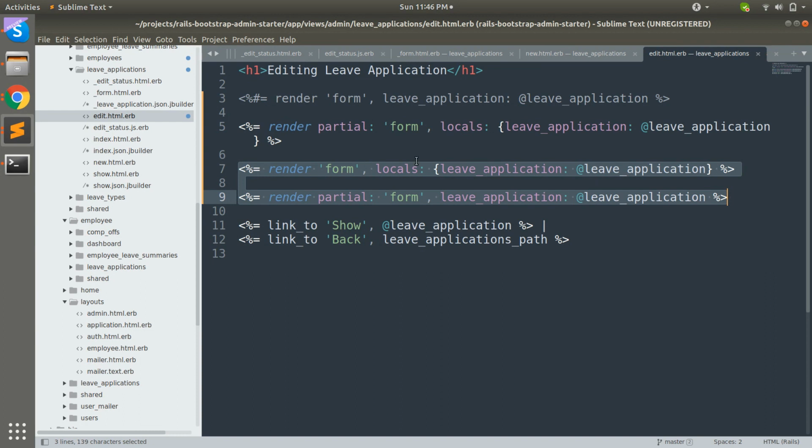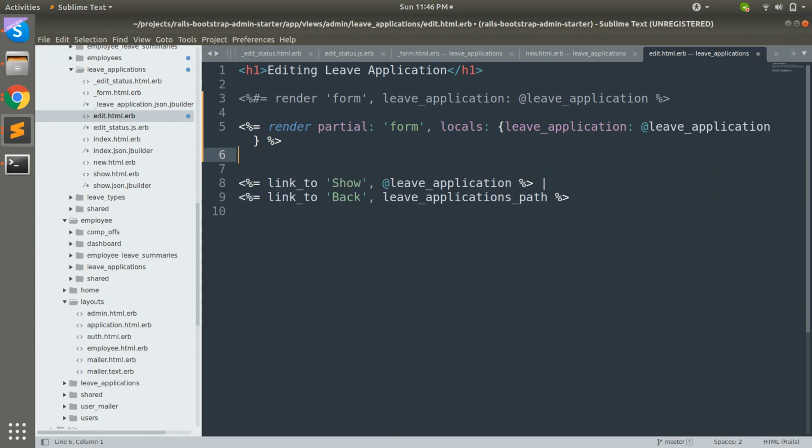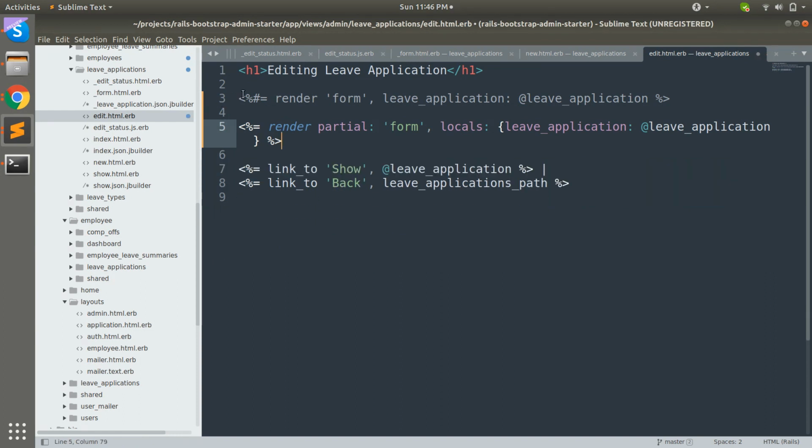So you should avoid that, and you must remember these two ways of rendering partials. Like this: render form, leave application, and pass some instance variable, and render partial form, locals, leave application, and all that.